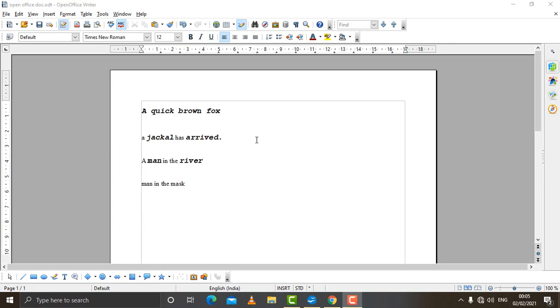Okay, so the next thing which we can create is a table of contents. In OpenOffice Writer we can create a table of contents. See, table of contents in simple language we can say index. You all have books, you all have copies. In a book you must have seen when you open the pages, it has contents which show the topics and the page numbers where those topics are.